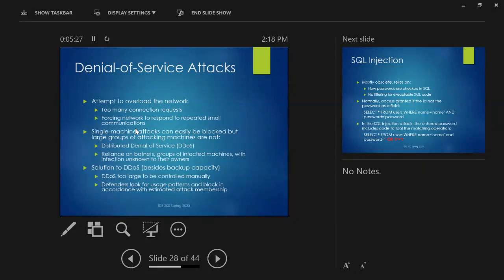It's a lot harder, takes a lot longer to filter out all those addresses, right? Eventually, the system administrators can do that. They can come up with a list of, oh, here are all the bad machines that are messing with our system, but it's going to take some time.